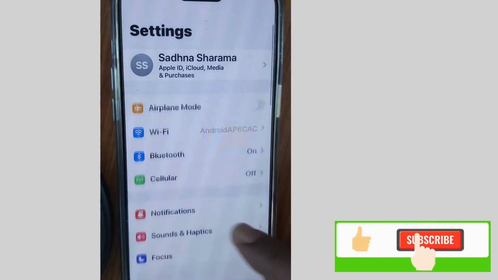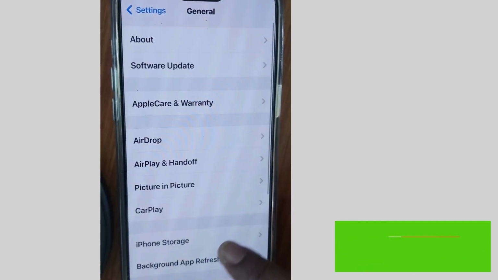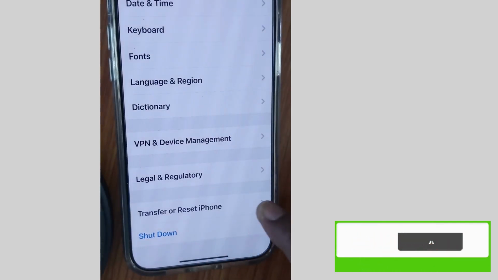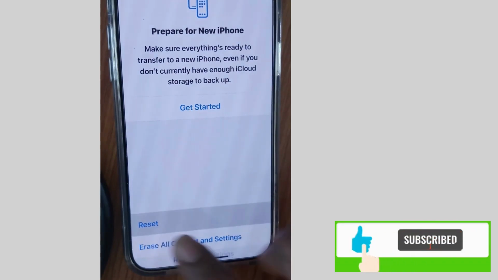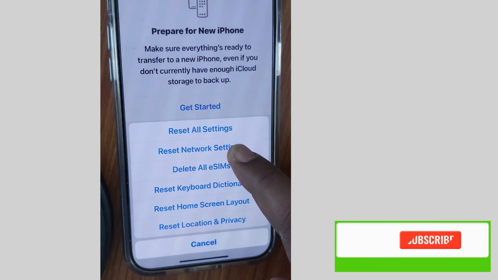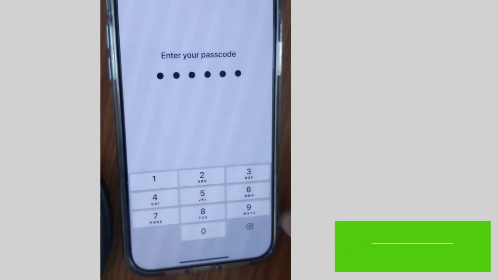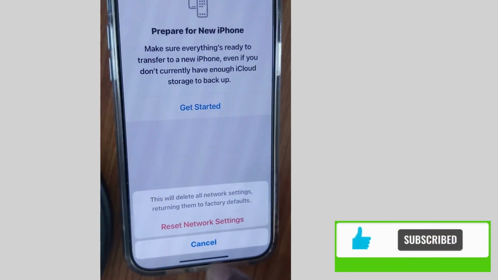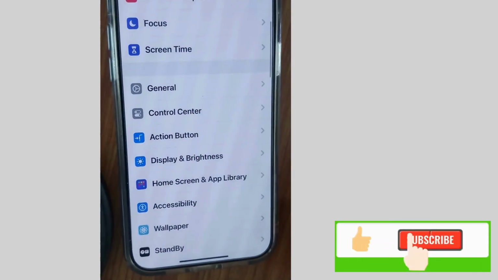The next fix is, again tap on Settings, go to General, scroll down and tap on Transfer or Reset iPhone. Again tap on Reset, unlock your iPhone, tap on Reset Network Settings, and unlock your iPhone, and again tap on Reset Network Settings, and check whether your audio device has sound or not, and whether the issue is fixed or